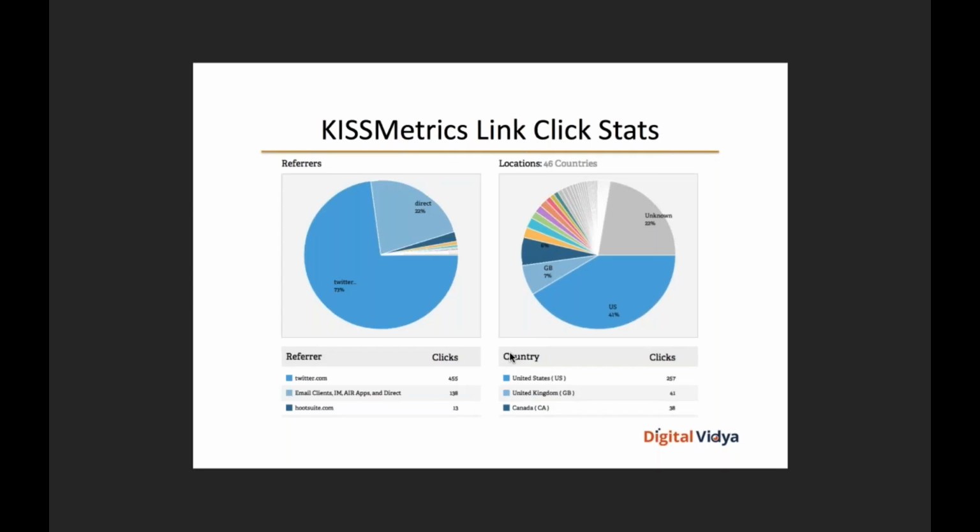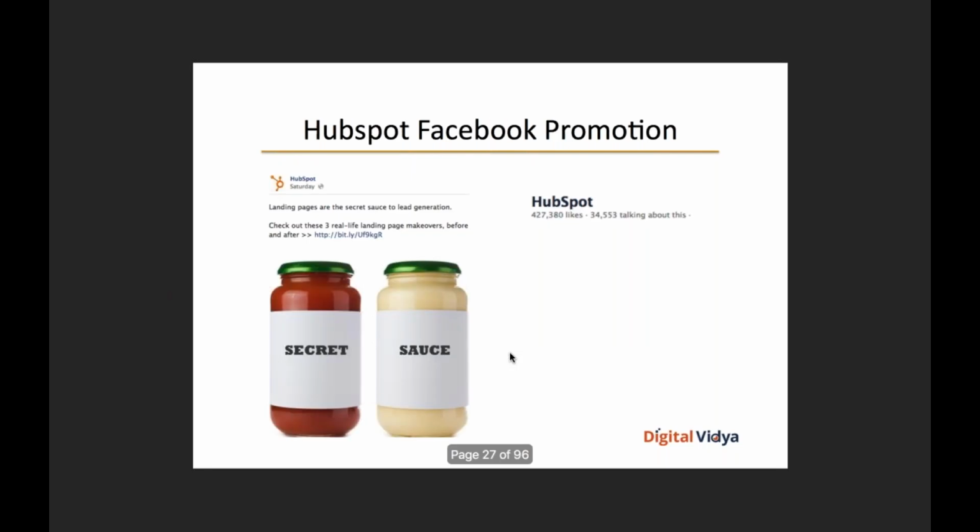These are some link stats which Kissmetrics provides, which gives you a sense of the kind of rich insights you can draw because you're using digital marketing for aggregating audience sets. You can get a sense of which are the locations from where your audience sets are coming in, which are the geographical locations, and which are the referring traffic sources. You can get a complete lowdown on all of that information.